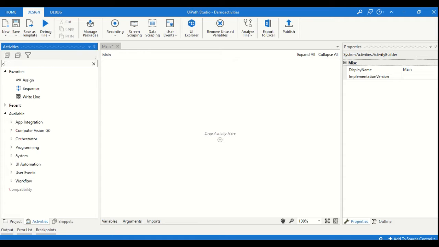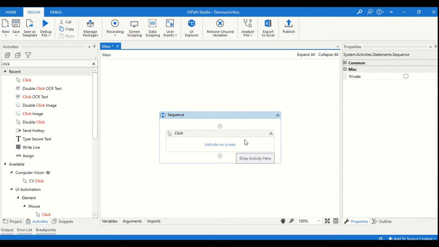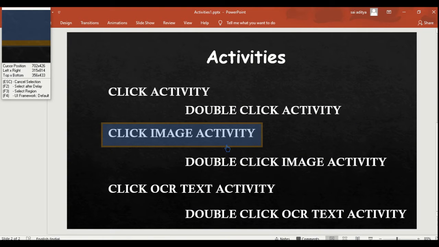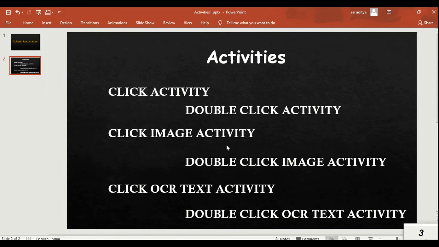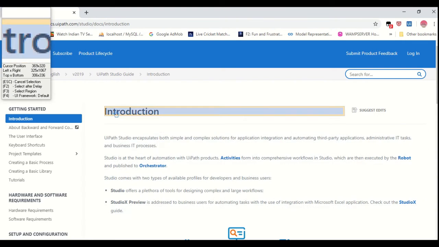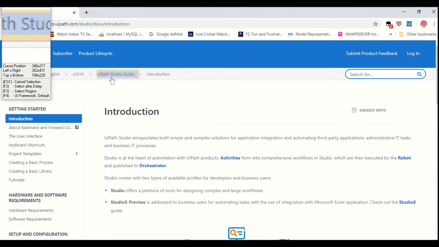The first one is click activity. In this click activity, the first thing you have to do is indicate it on the UI screen and press F2, which will give 3 seconds of time to get back to the one you want to click.